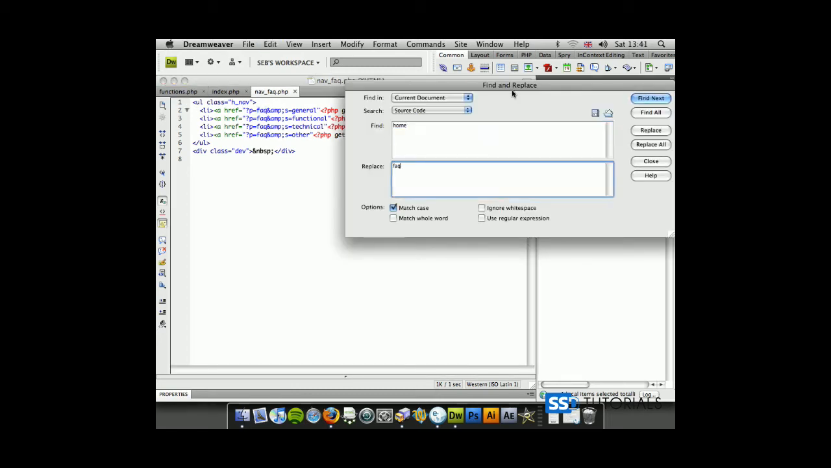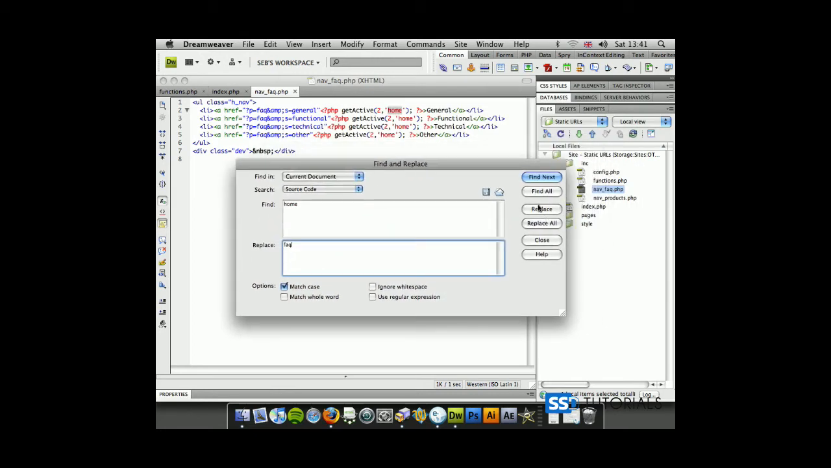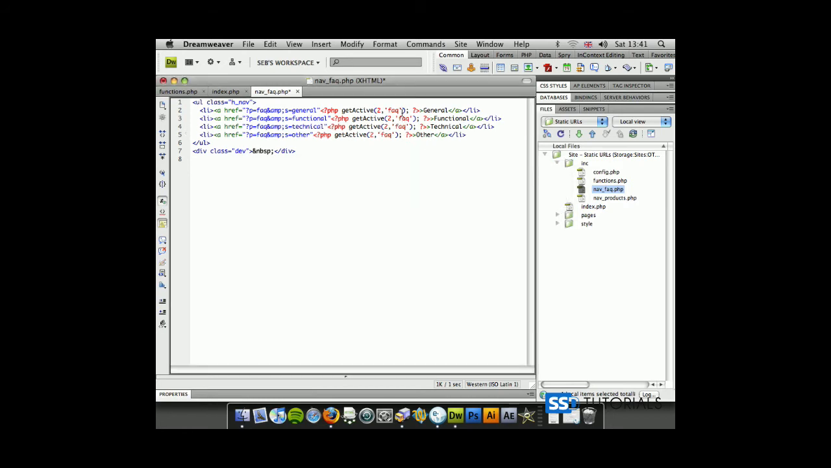If we go Control F or Command F and find and replace, so replace, and again. And we also need to provide the third parameter, which will be the subpage name. In this case it's general, functional, technical, and other. Okay, so that's FAQ. Let's copy this whole block